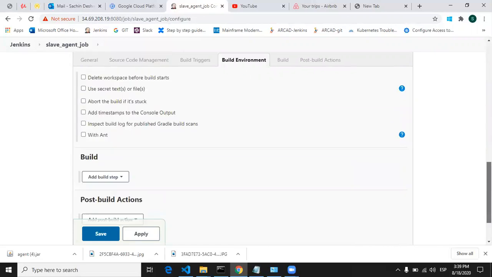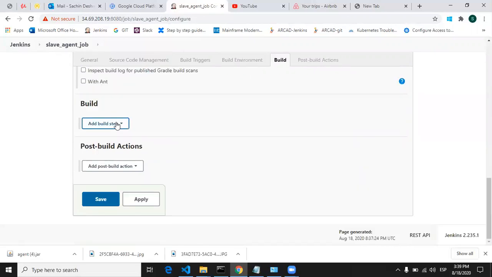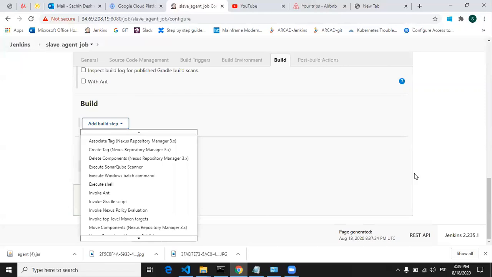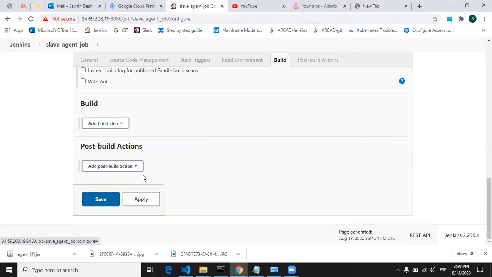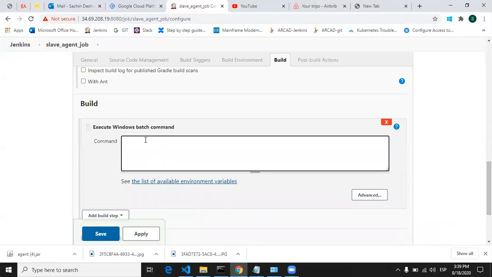Now come to the build section, and this Jenkins is running on Linux, but our slave agent is residing on Windows, so it will only accept your Windows commands. So let's type here echo my first job on slave agent.